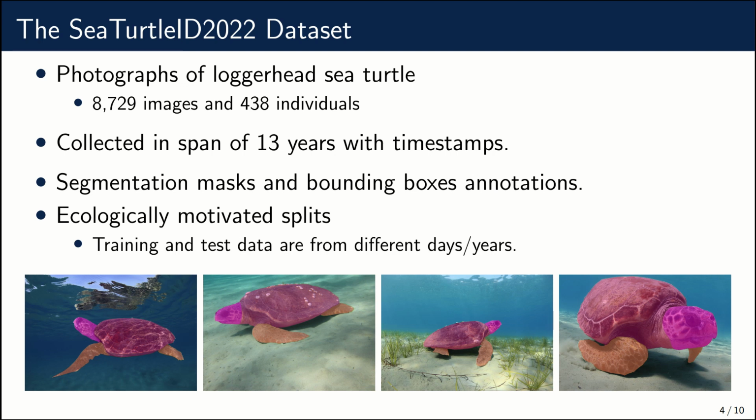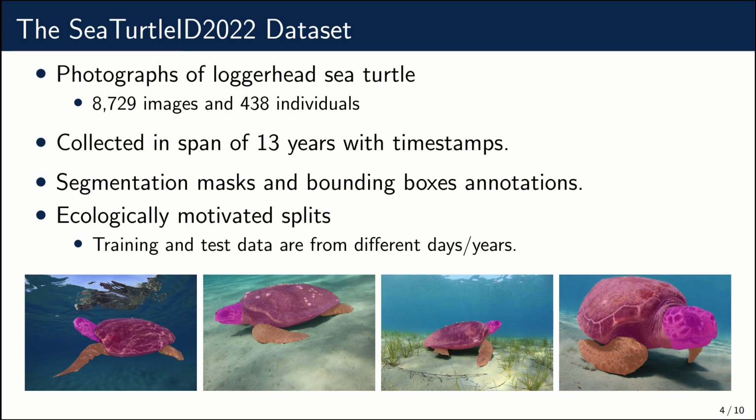The dataset consists of nearly 9,000 images of over 400 individuals collected within 13 years, making it the longest span dataset for animal re-identification. All photographs include various annotations, for example identity, encounter timestamp, and body parts segmentation masks. Instead of standard random splits, the dataset allows for two realistic and ecologically motivated splits, a time-aware closed set with training, validation, and test data from different days and years, and time-aware open set with new unknown individuals in test